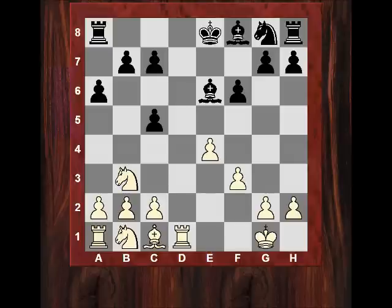c4 is possible, which is followed by bishop c5. And it's an interesting game, but white is slightly better, but it's not seen as being all that much these days. Okay, going back to the position after